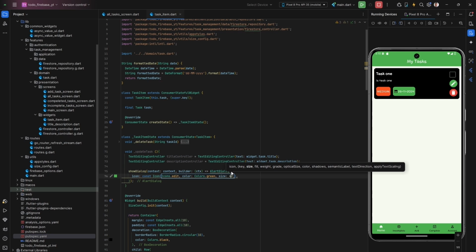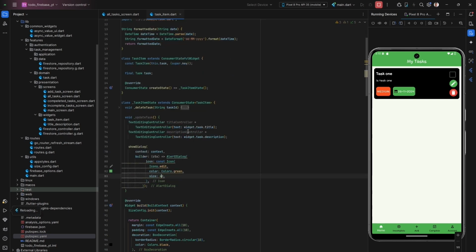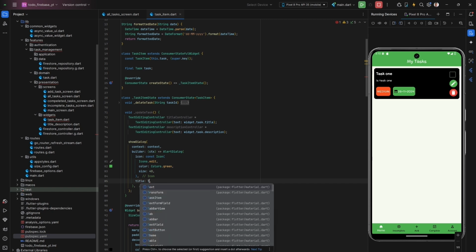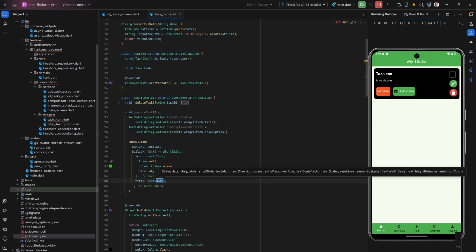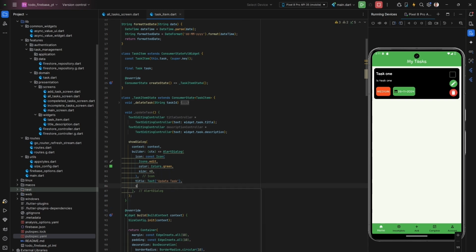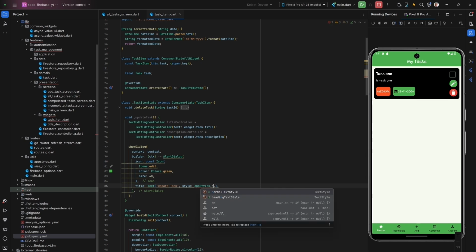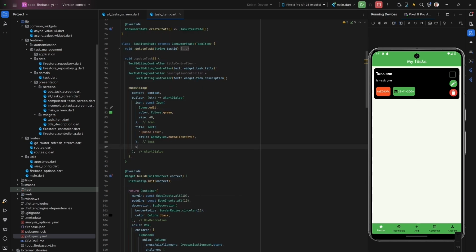Let me give it a 40 so that you can have enough space for these ones. You can create a title. Title is going to be your text that says update task, like that. You can have style app styles dot normal text style,